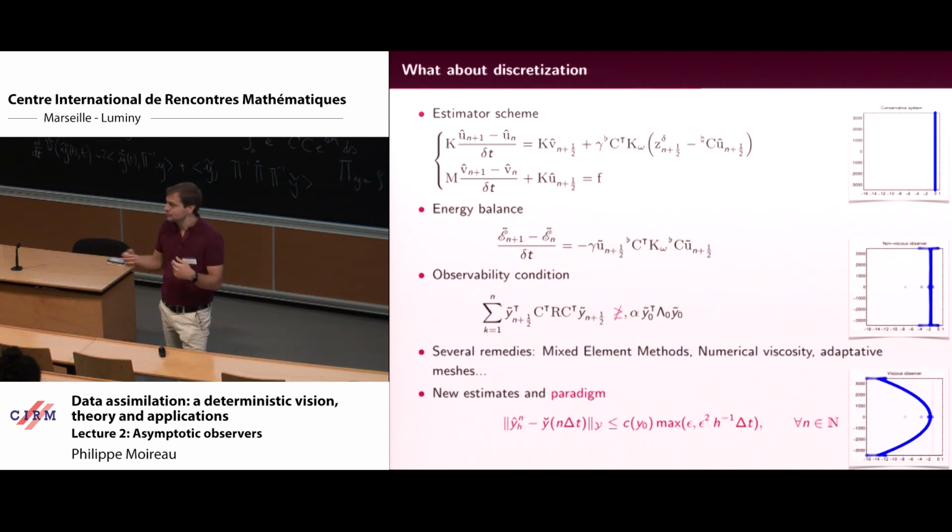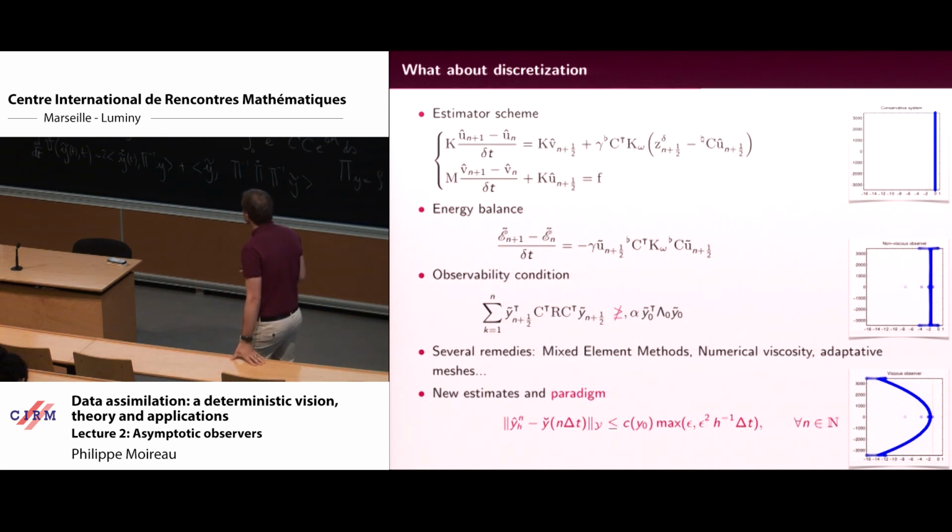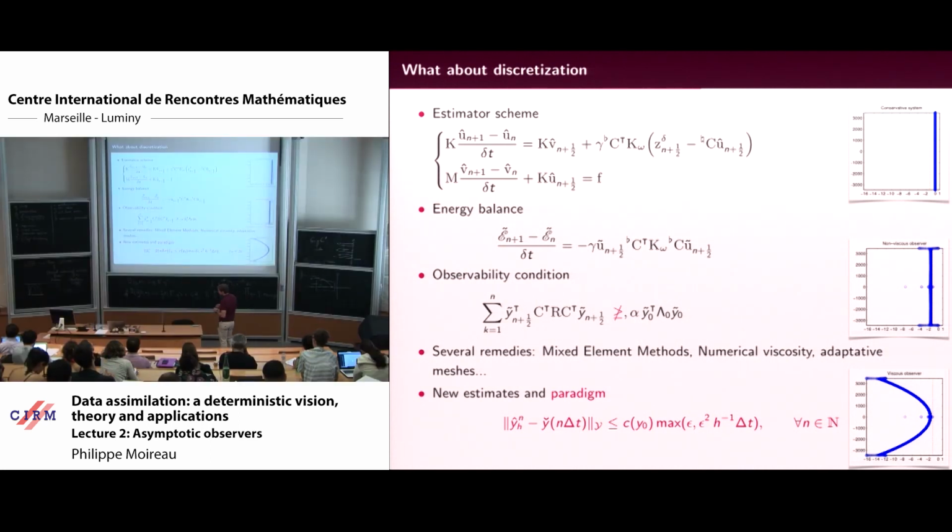Because for a long time the estimation's constant depends on time. If you decide to use the data, so you have supplementary information, then the numerical analysis gives you a constant that does not depend on time anymore. So somehow you prove that by using the observation, you can do better numerical analysis. So basically the message is that if in any situation you have observations, you should use them because it's always better than doing the direct simulation, even for numerical analysis.